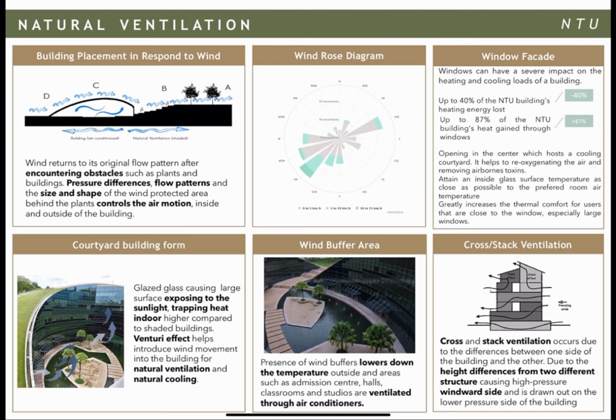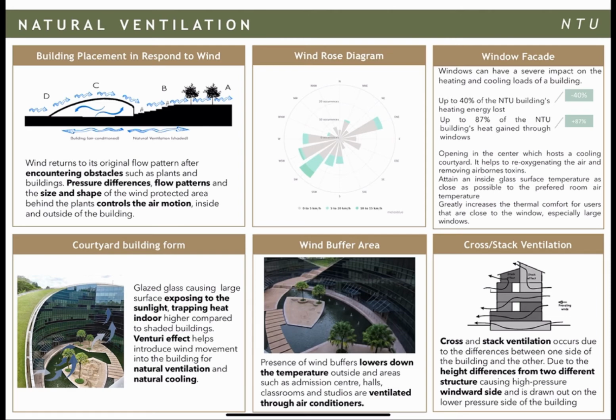The window facade can have a severe impact on the heating and cooling loads of a building, but because of the opening in the center which holds a cooling courtyard, it helps in re-oxygenating the air and removing airborne toxins. Cross and stack ventilation occur due to the differences between one side of the building and the other, due to the height differences from two different structures, causing high pressure on the windward side and air is drawn out on the lower pressure